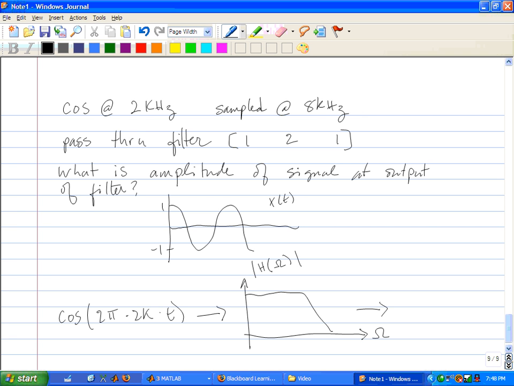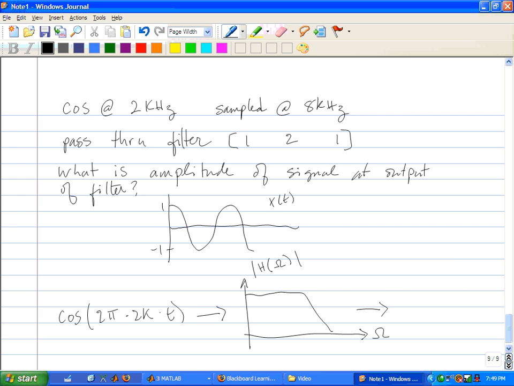We can find the value of the cosine at a certain t that I'm examining, multiplied by the value of the magnitude of the gain. That sounds reasonable. So the reason we're dealing with a cosine, what makes a cosine easy to do, is that